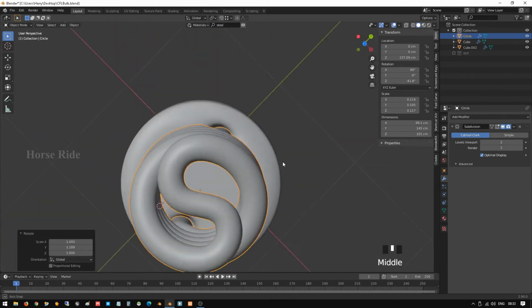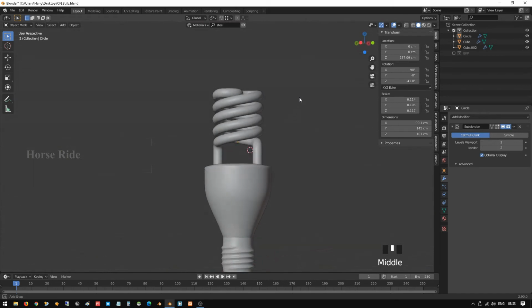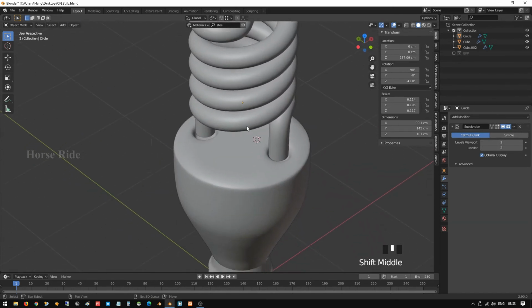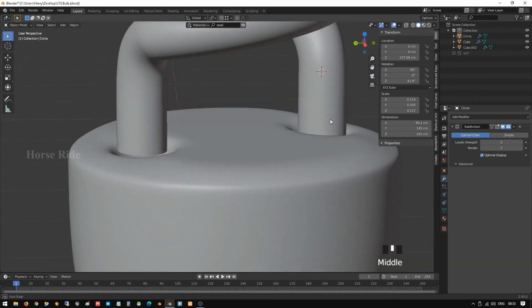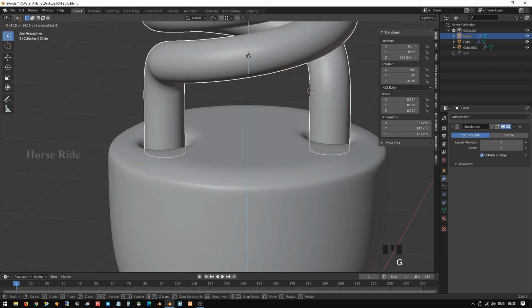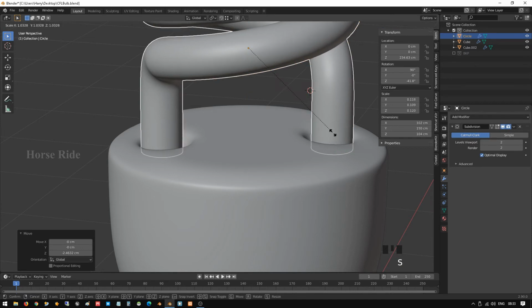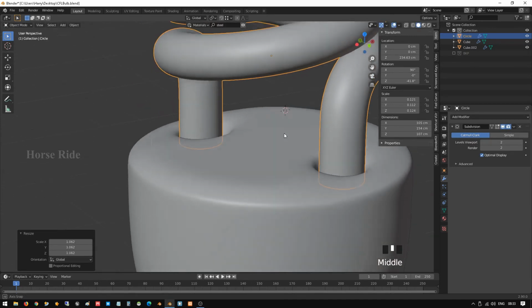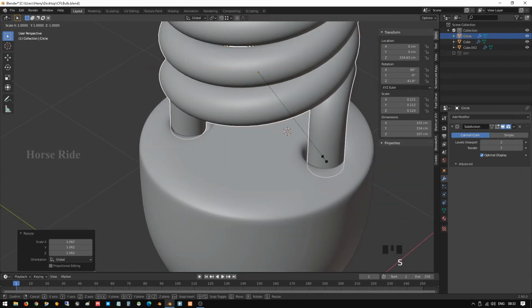Okay, now our bulb is ready, and it needs to go a little bit down. Select this one, G Z and move it down, and press S to scale it a little bit bigger, and scale Y to move it a little bit down.